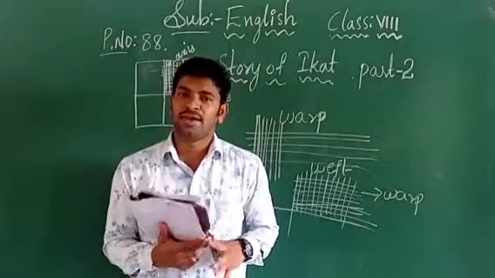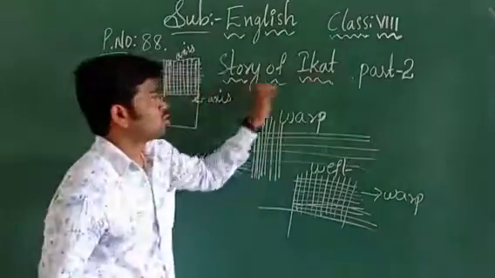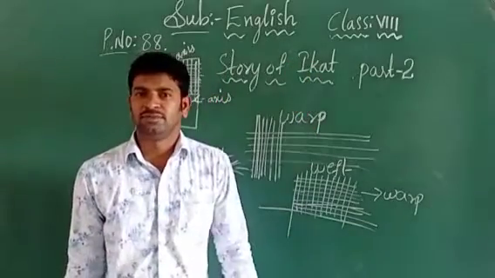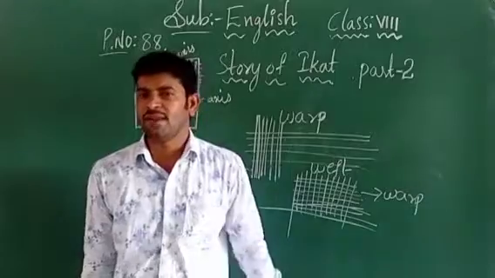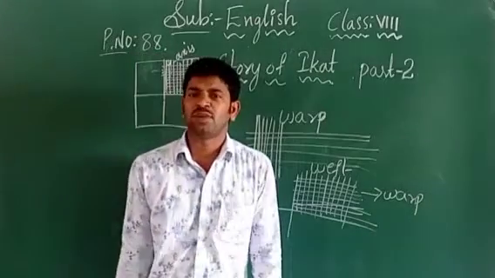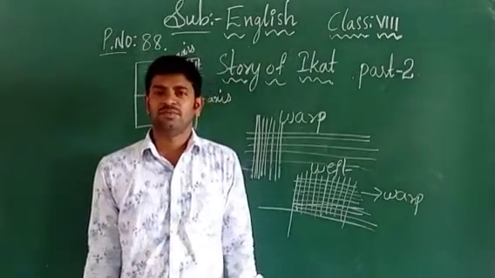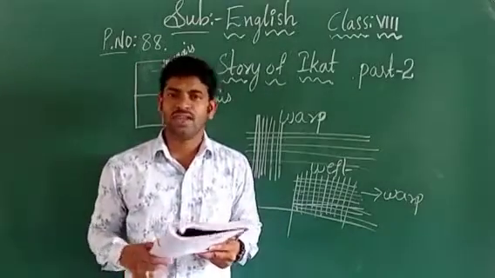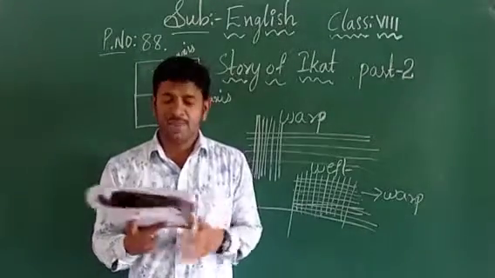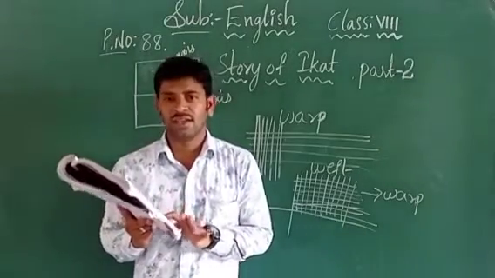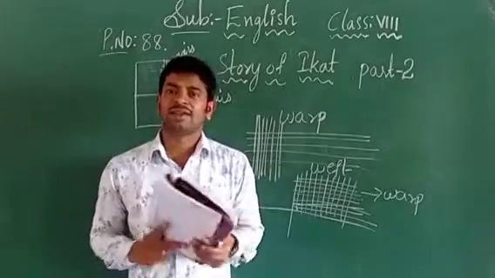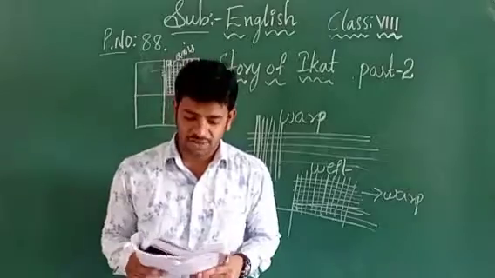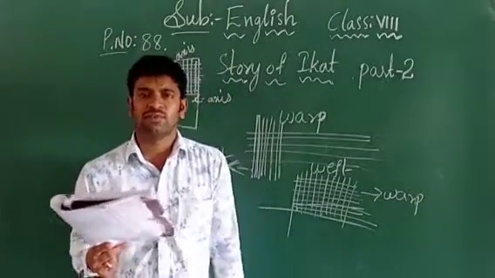So we have completed the second part of the lesson, the story of Ikat, how the handlooms are made. That story has been explained in our lesson, children. In the next class we are going to see one more lesson. Keep watching this video. If you have any doubts from the lesson, many meanings are given in the glossary. Refer to the glossary and read the lesson once or twice for easy understanding, children.